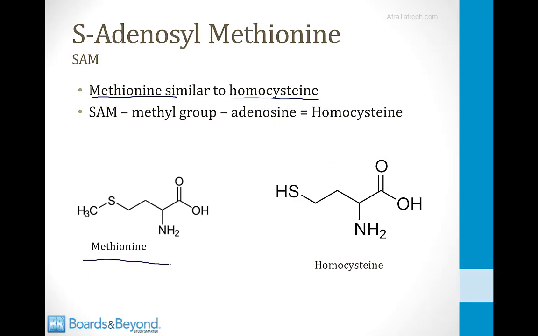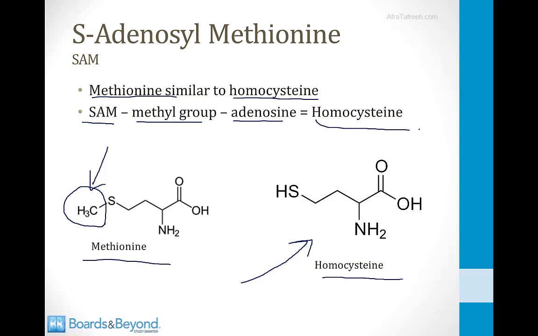This is methionine on the left side of the screen here, and this is homocysteine. The only difference is that homocysteine has lost this methyl group right here. This means that once the methyl group is donated from SAM, you will be left with a molecule of homocysteine. I've shown that on the screen here. If you take a molecule of SAM and you remove the methyl group and then you remove the adenosine nucleoside, you will be left with a molecule of homocysteine, and thus homocysteine is produced by reactions that take a methyl